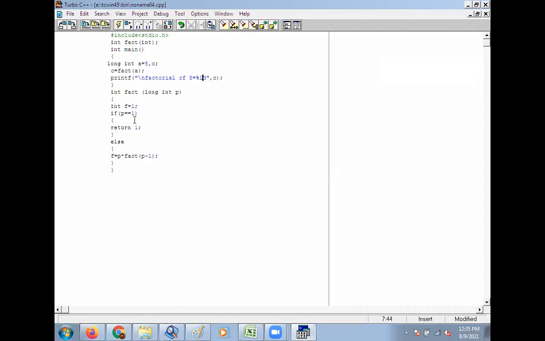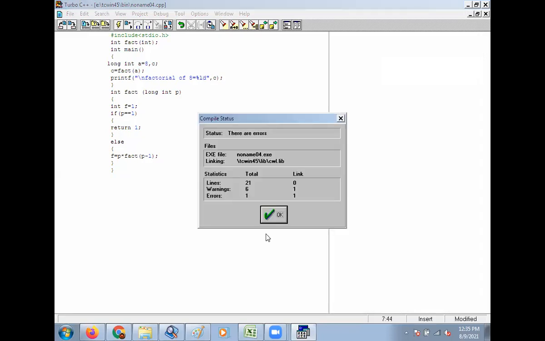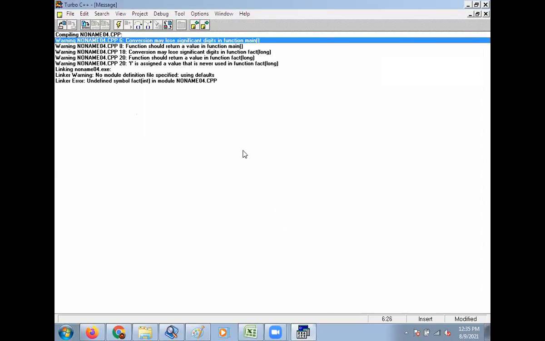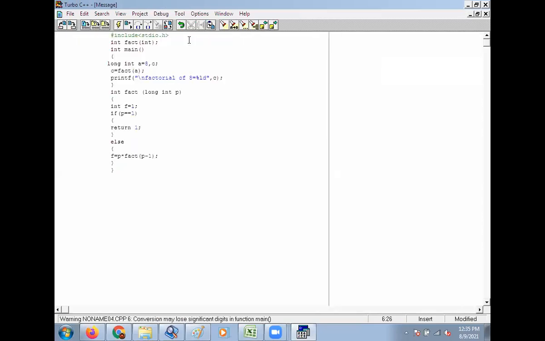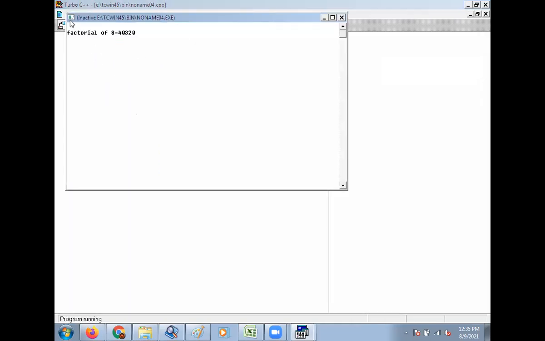Then press control F9 and we will get the value of 8. One minute. Here long, here also long, also long. You will get it.